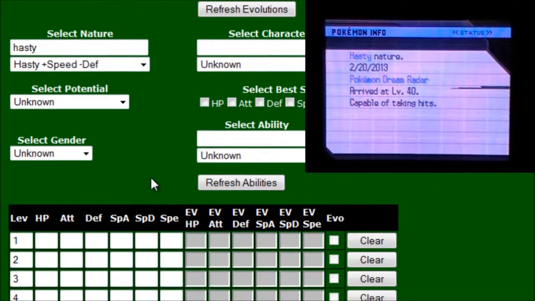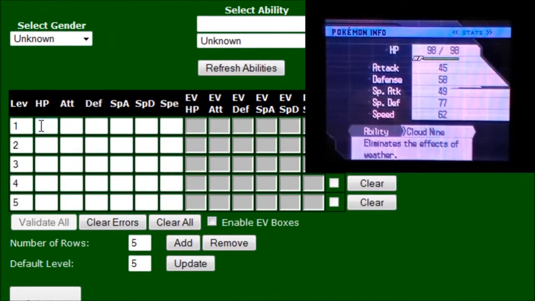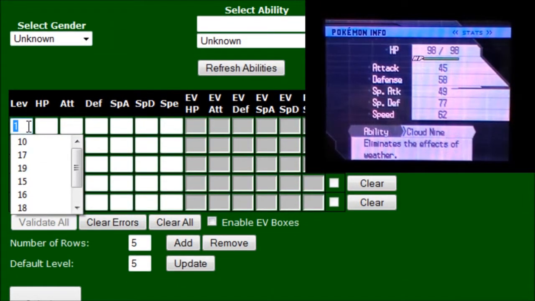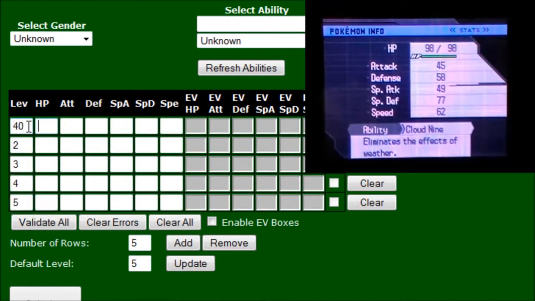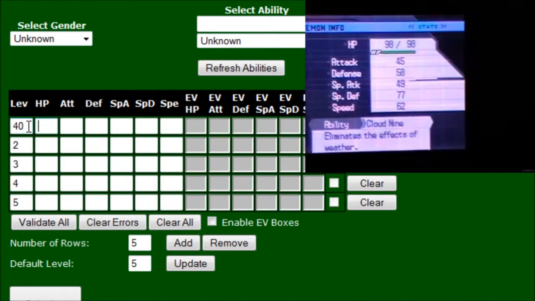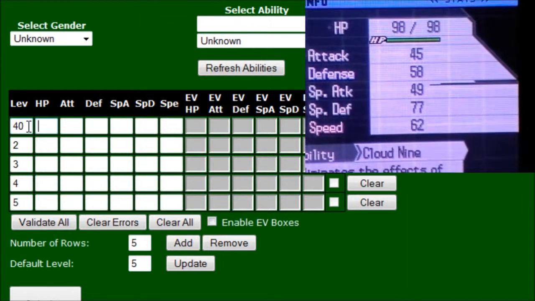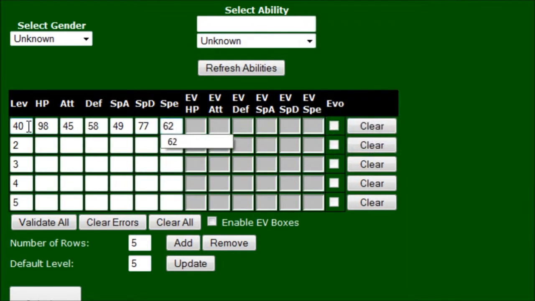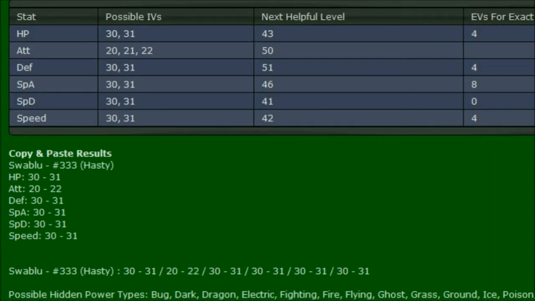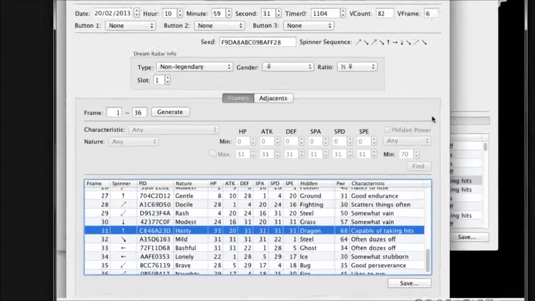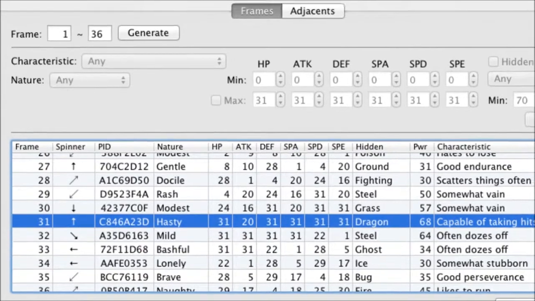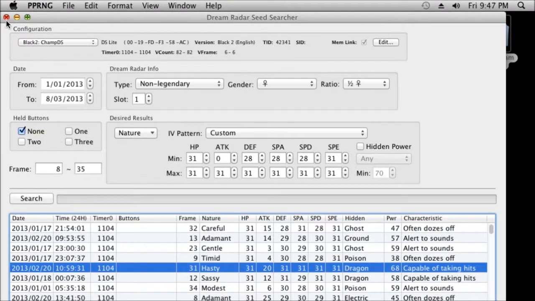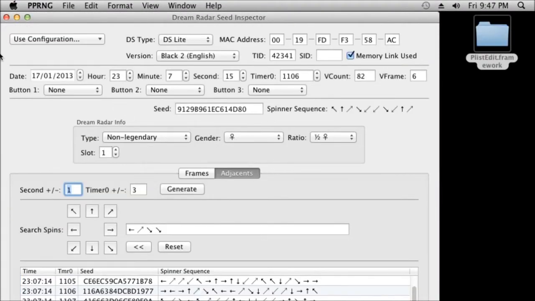And just using this IV checker, we could just get solid confirmation that the IVs are indeed exactly as they were in PPRNG. And there, that marks it. So now that we're able to use the RNG, we'll be able to repeat this process for capturing the first of the genies,